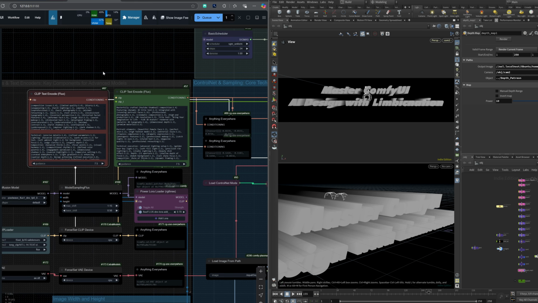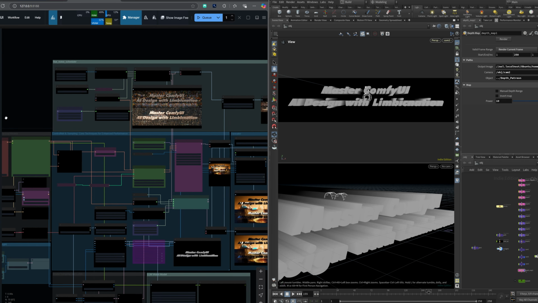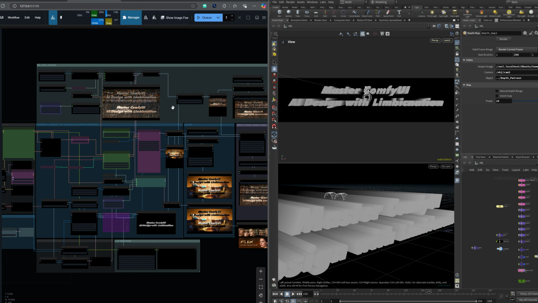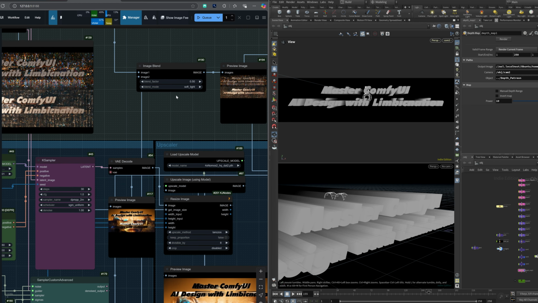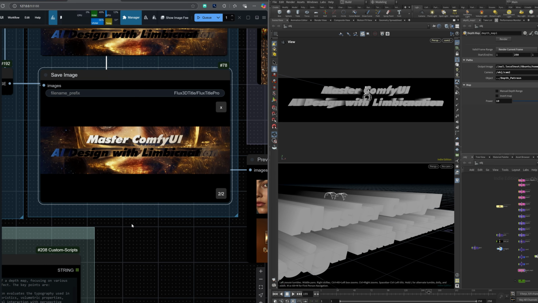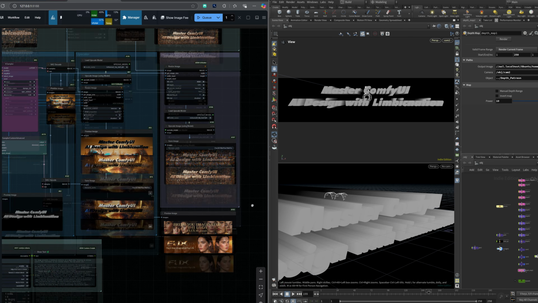Quick update. In this case, we have increased the guidance to 7.5. Let's do the same for the clip text encoder, negative. The same goes for the Flux guidance. And then we set the blend mode to soft light and blend factor to 0.5. This is the result. Quite interesting, but I think the text here is a bit dark, so let's run this